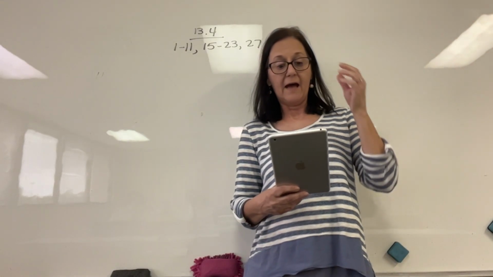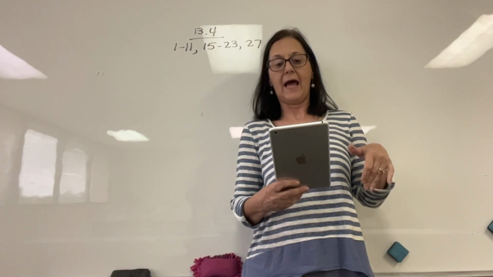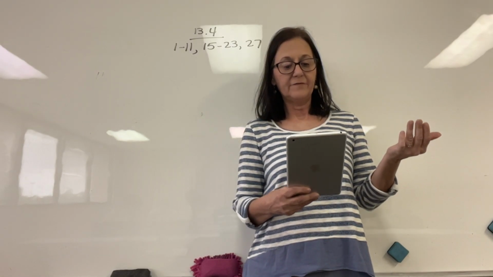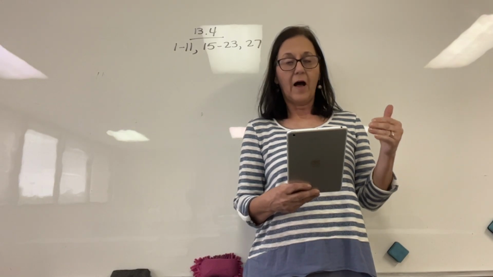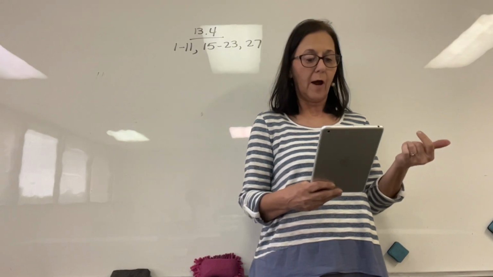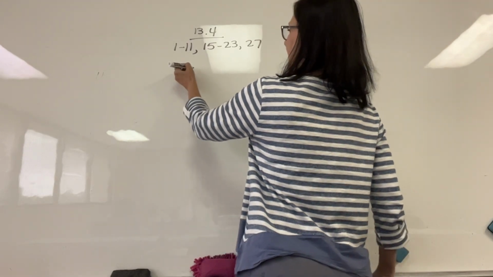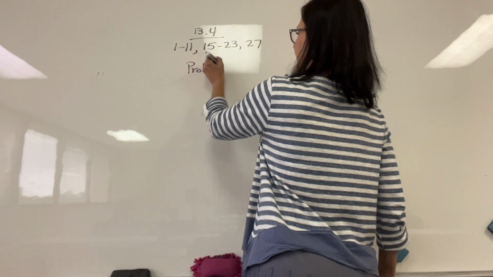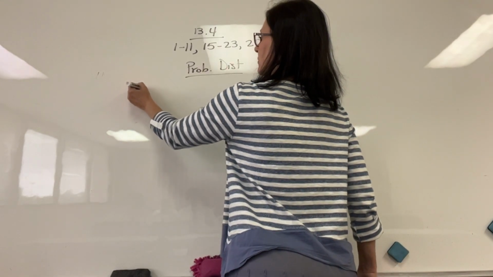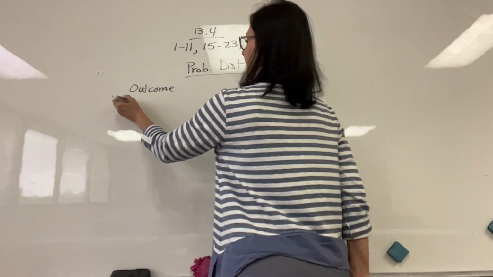it says they're drawing a marble out of a bag, observing the color, placing it back in the bag. That's a key word, right? And it's going to be repeated 75 times with the following results. Okay? So it wants us to write a probability distribution. So your probability distribution looks like the possible outcome, which is the color of the marble, right? And then the probability